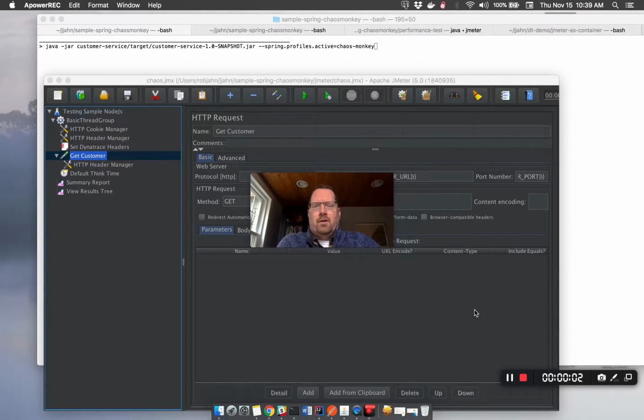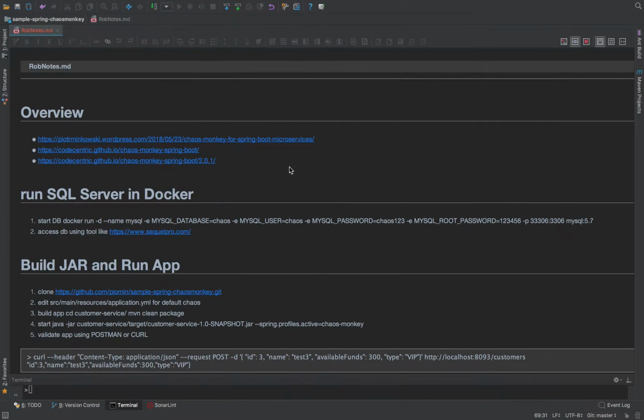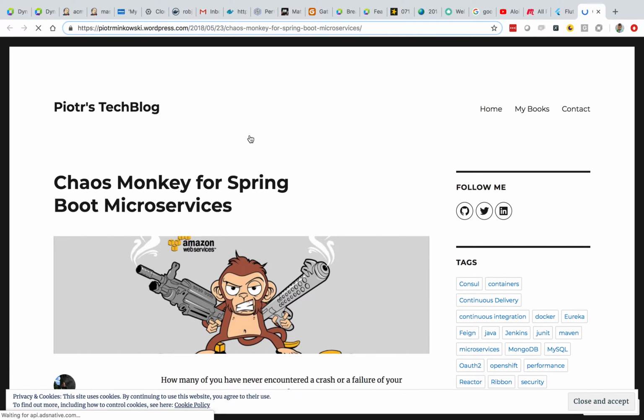Hi guys, I thought I'd show you something real quick that I was just looking into. This is a thing for doing the chaos use cases. So out on the web, I found an article that was related to setting up Chaos Monkey for Spring Boot